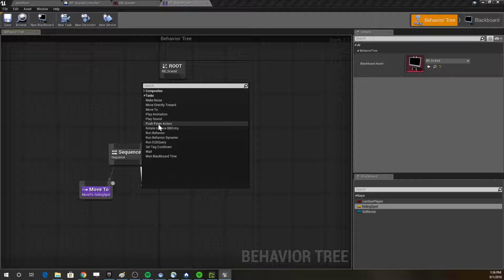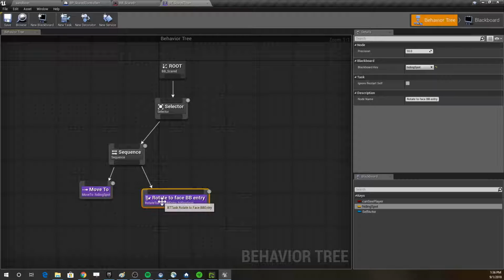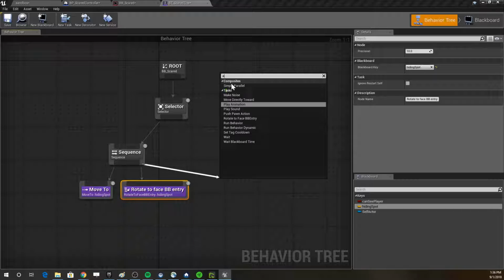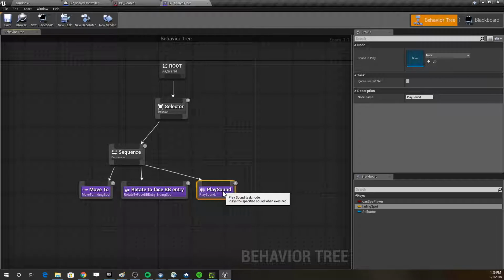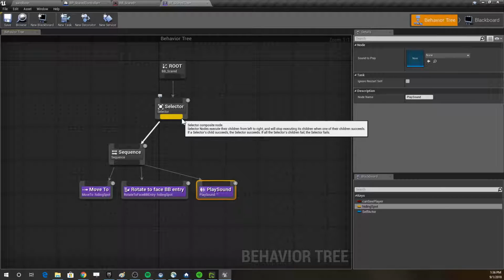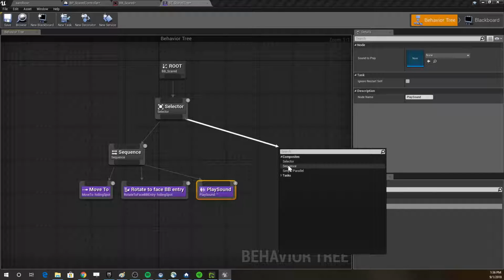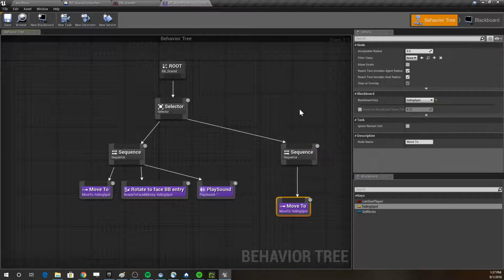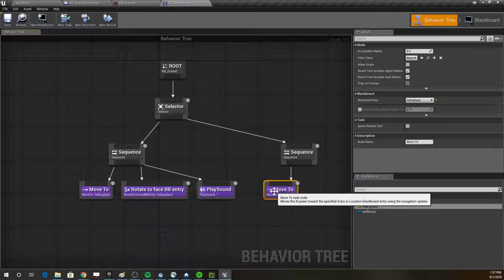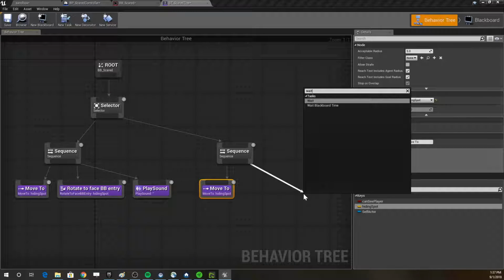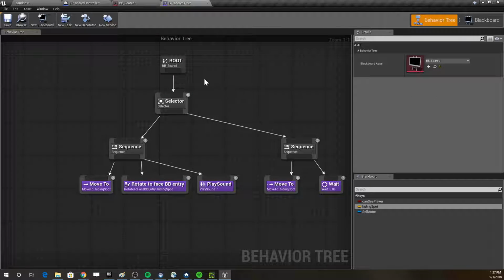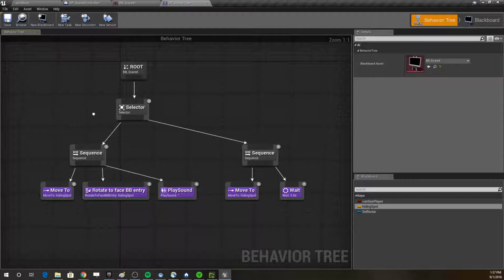These happen to be like high frequency tasks here. Then rotate, and then maybe you have, and they don't have one that's an attack, but you could build one, and then maybe you play a sound, or something like that. And then you would have another sequence of things off here that was, maybe you'd move to, instead of hiding spot, it could be just your patrol location. And then you might just decide you want to wait for 5 seconds. And so this would look like in practice, if that's the way that we had set up our behavior tree,